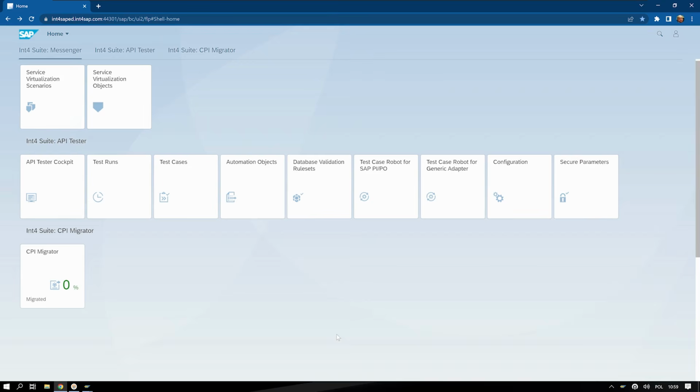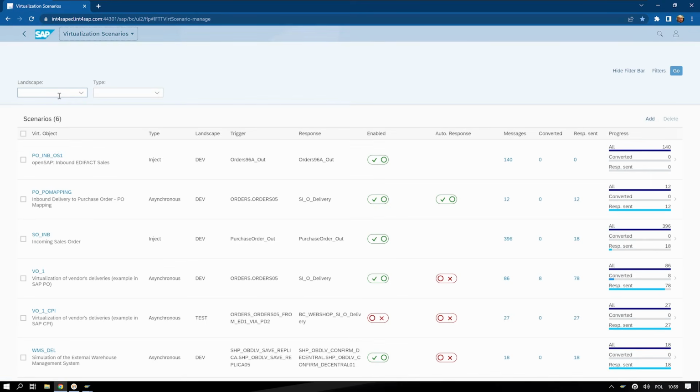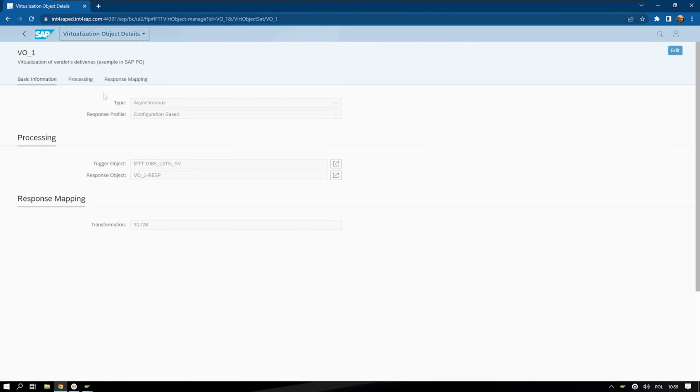It's also possible to amend dates and other data elements to simulate different scenarios without having to construct the response from scratch. Let me now show you the building blocks of such a virtualization setup. So we're back to the messenger, and I go back to the service virtualization scenarios. From this screen, I can go directly to what we call the virtualization object for the VA01 scenario, and this